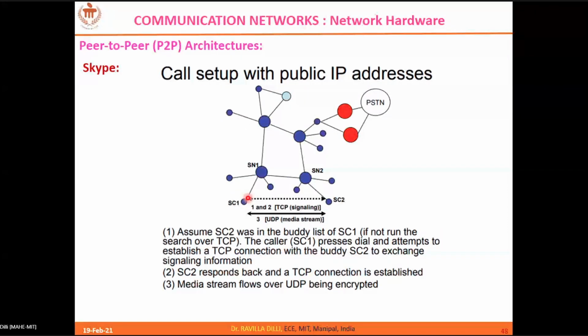Once the credentials are verified, see here, Skype client 1 is connected to client 2. Then whatever you are transferring is straightforward. There is no transmission happening through the server. Whereas in a full-fledged client-server model, if you being a client want to communicate with another client, definitely you should go through the server. You send it to the server, and the server will send it on. It's something like your Gmail. Straight away you cannot do that. All your mail should go to the Gmail server, and it comes back to your friend. That is a full-fledged client-server mechanism.